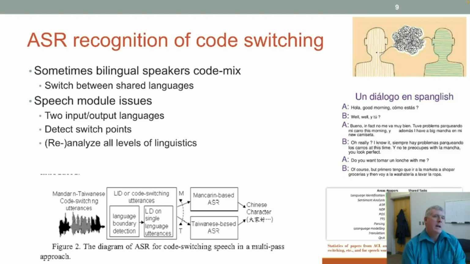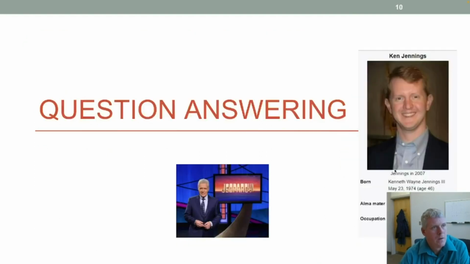So having an ASR system that can do language detection, language identification, on every utterance to make sure that they're still speaking the same language they just were a second ago. If not, then you have to change to another model, have these different models ready to do ASR. So that is another advanced application of speech recognition systems.